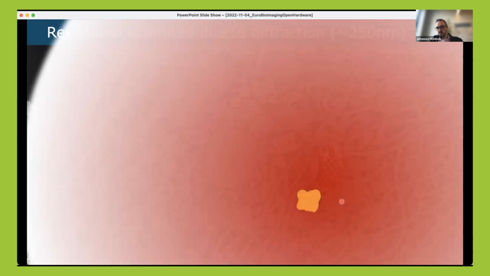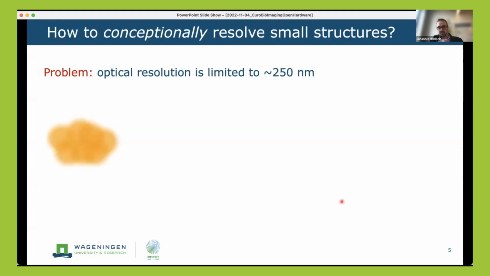And how do we get around that? Just look at the concept of resolving two structures. Let's say you have a resolution limited to 250 nanometers, and a structure with a feature size smaller than 250 nanometers. One possibility is that you find conditions in which most fluorophores are in a dark state, so they are not fluorescent and cannot actively be imaged. If you now find conditions where a subset of those molecules blink, for example,